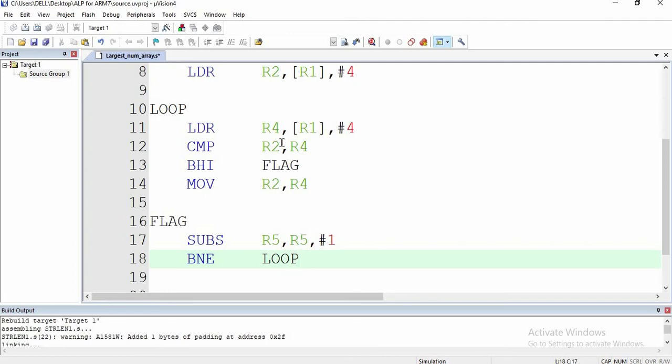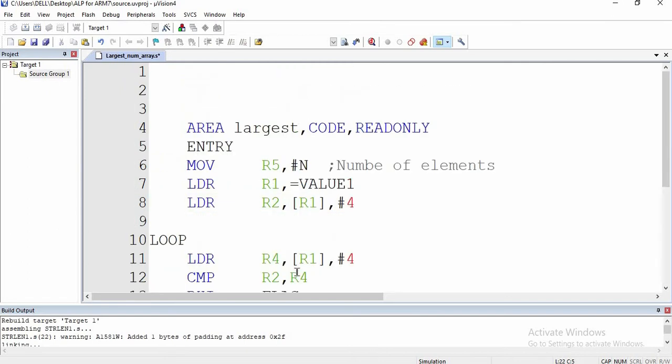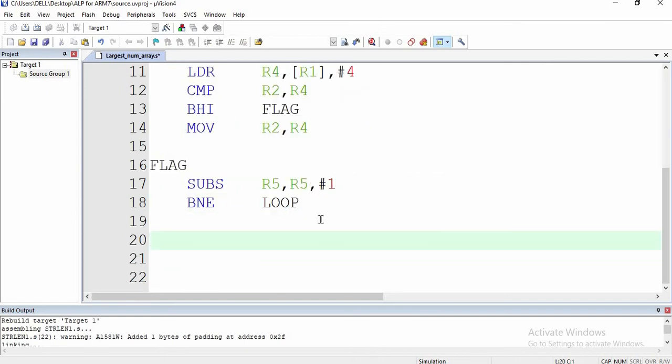If R4 is greater, it is moved to R2, else the count is decremented by 1 and the loop continues till all the array elements are compared. I have written the branch here, so I will remove this. This completes our program. After this, I will write the infinite loop, that is stop.